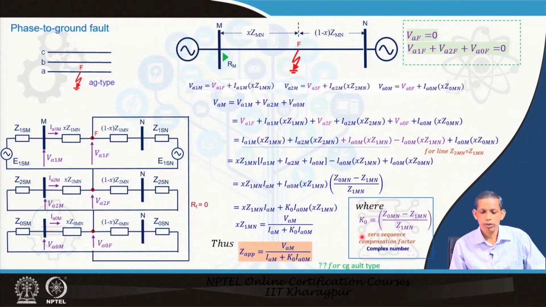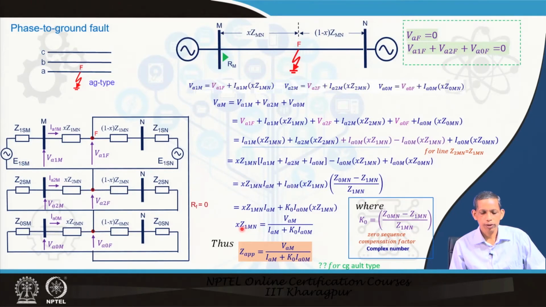We call it the zero sequence compensation factor because in this term we have I0M and that is why Z0, Z1 and Z0. So, the zero sequence has different terms, and note that Z0 is not the same as Z1, unlike Z2 equals Z1 for a transmission line. It has wide variations, it can go as high as 6 times the Z1, depending upon the configurations, which we have already discussed in the initial classes. So, what we learn from here is that the VAM is expressed in terms of this relation.